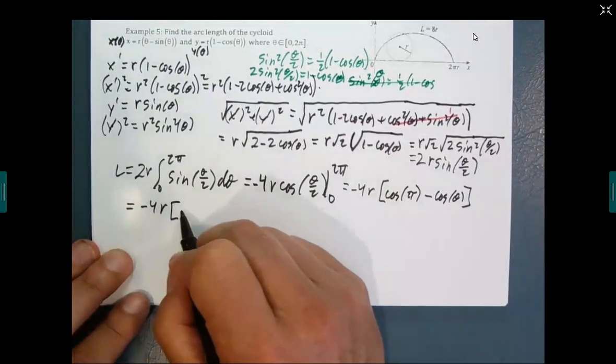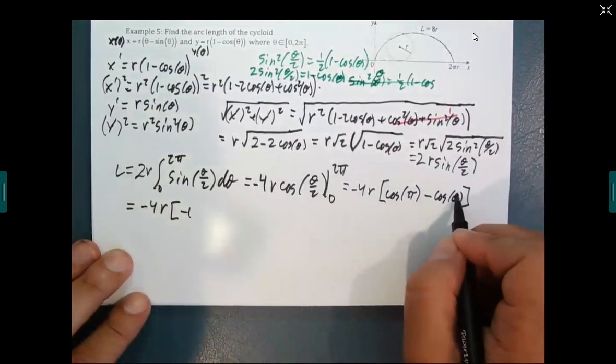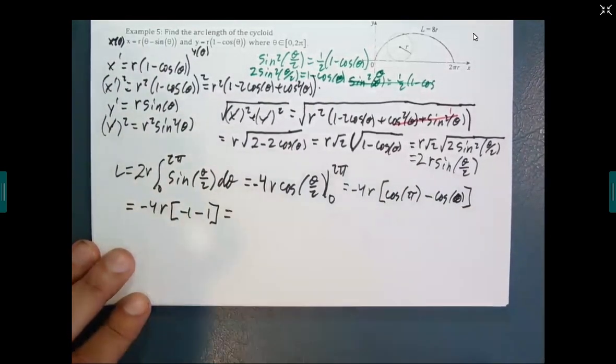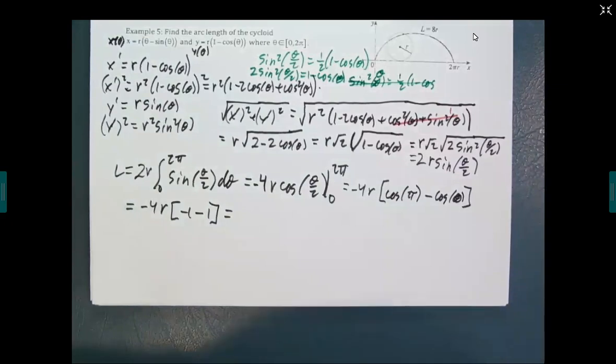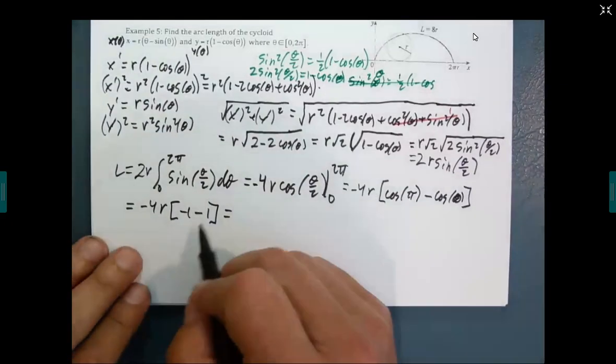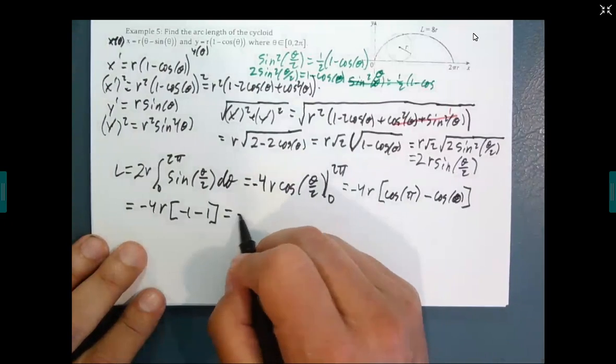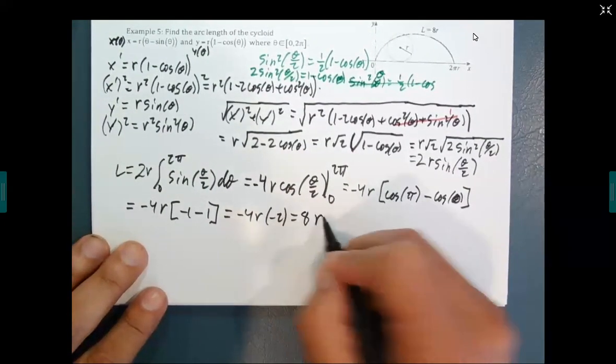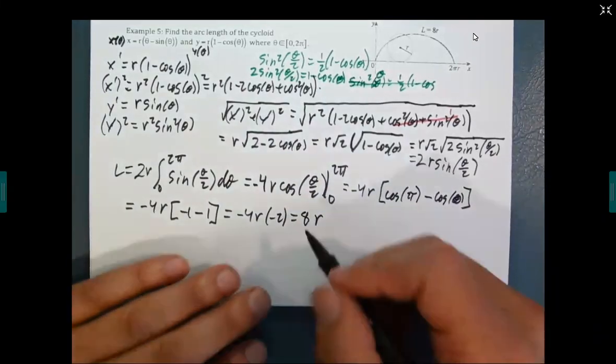Cosine of pi is negative 1. Cosine of 0 is positive 1. Be careful really with the negatives here. It's going to be really easy to accidentally turn that into a 0 somehow or something. So negative 4r times negative 2 is going to be a positive 8r, which is super cool if you think